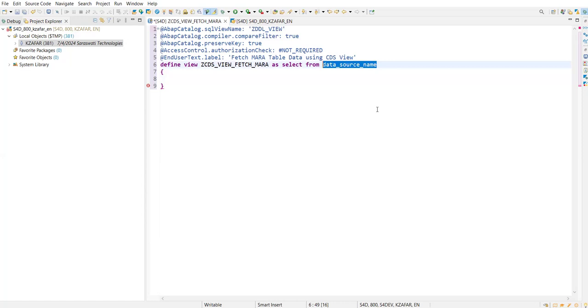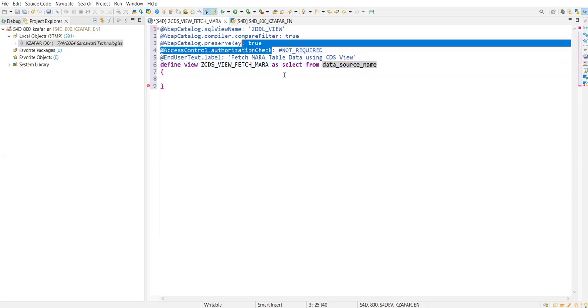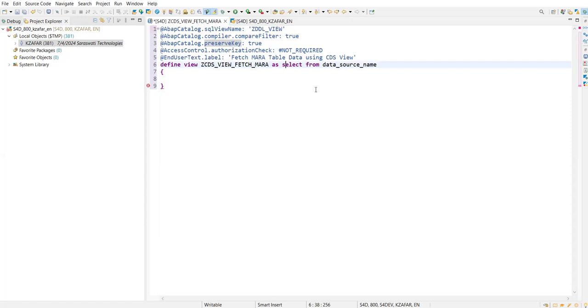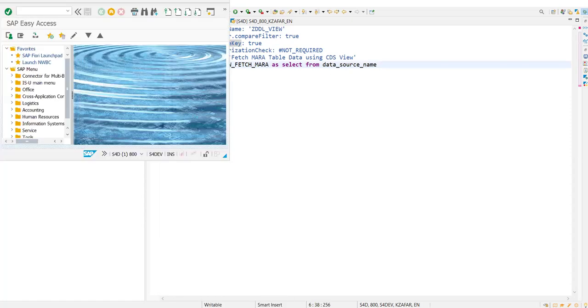If you are going to use a database table, you will mark this annotation as preserve key to tell the system that whatever key the database table has will also be the key for my CDS view. So what is this preserve key telling here? It is telling that whatever the key in the database table is, if I go in the backend,